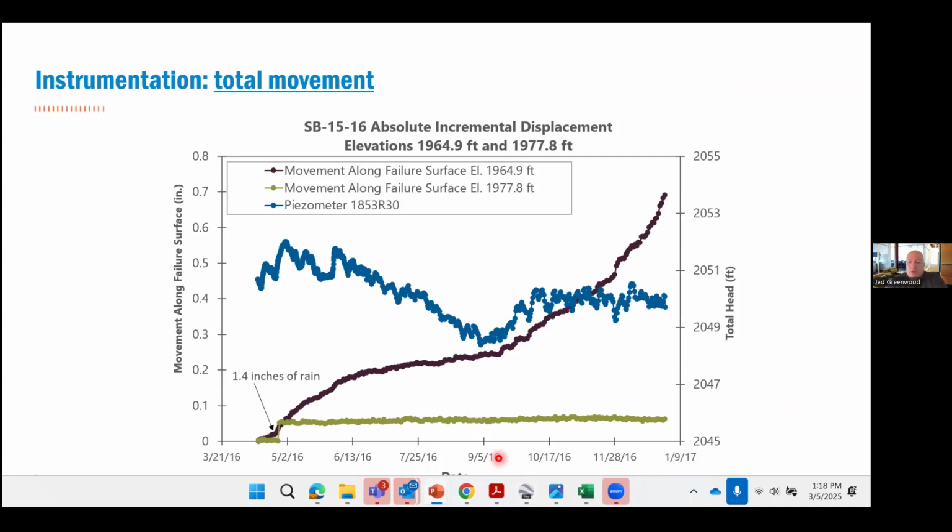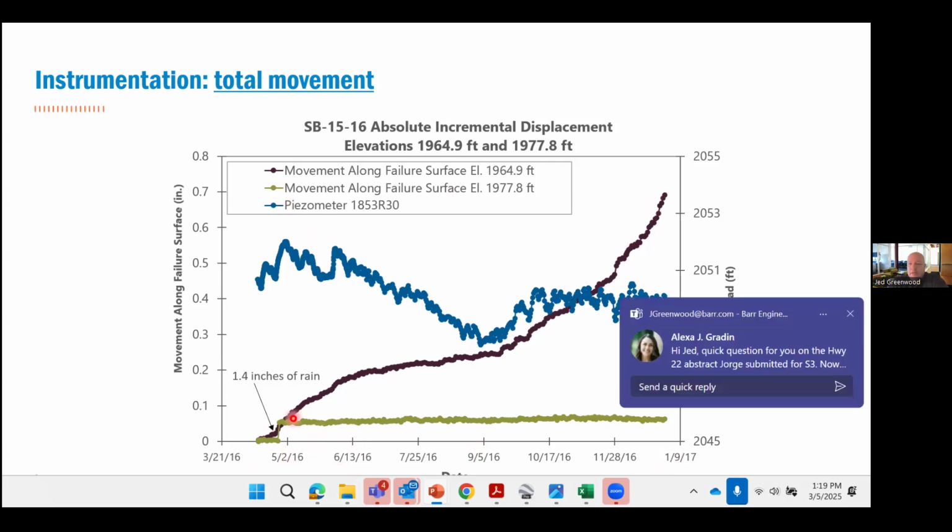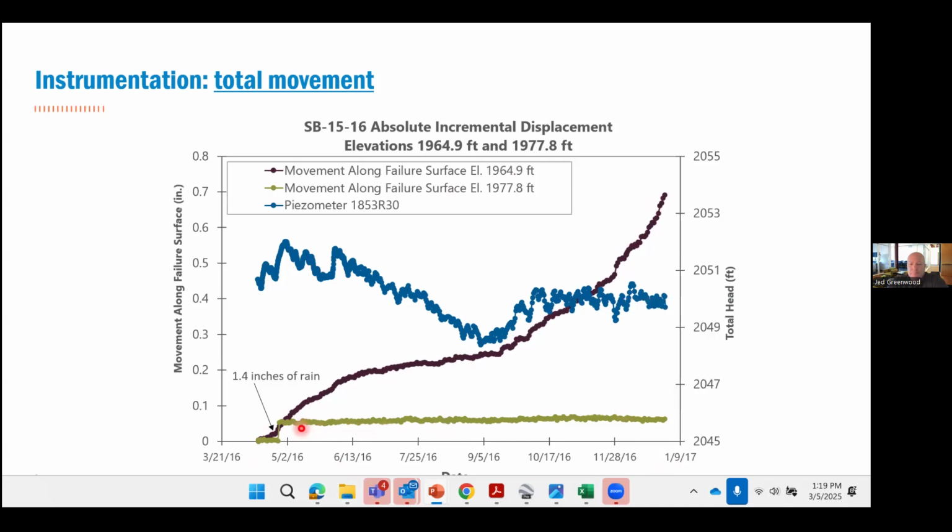Couple things. So there was an area in the southeast part of the landslide that actually had two shear zones. And so this plot, the black is showing the movement along the failure surface. This is in inches. And this is the deeper shear zone at this lower elevation. So you can see generally what that looks like over time. This is over a period of about 6 months, call it. And then the green is the upper shear zone. And you can see that one is fairly stable, although there's a little jump here when there was 1.4 inches